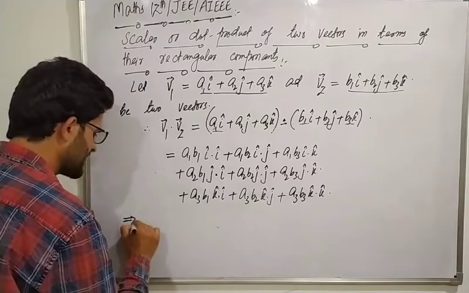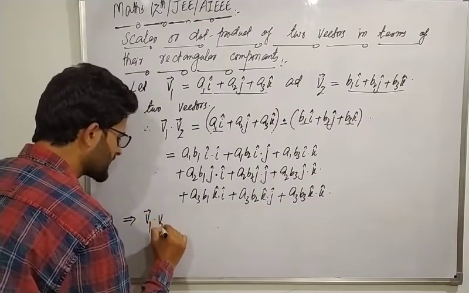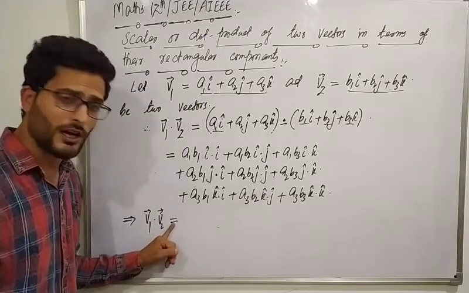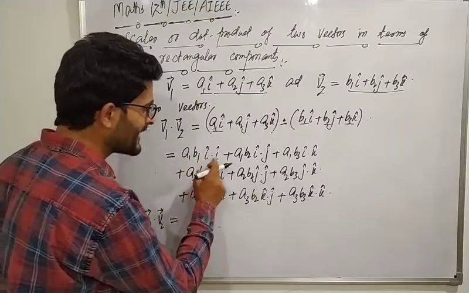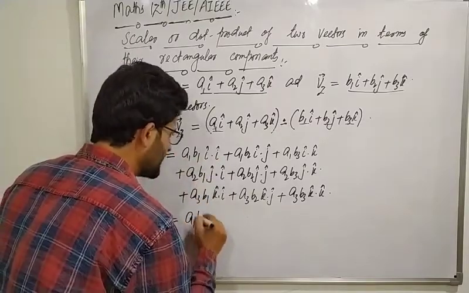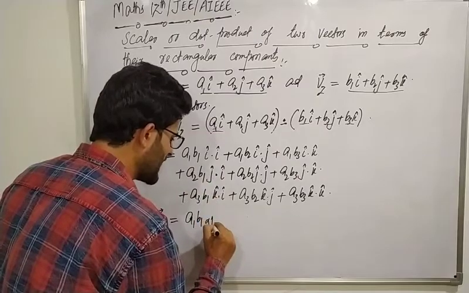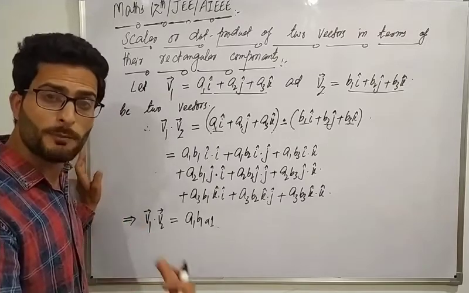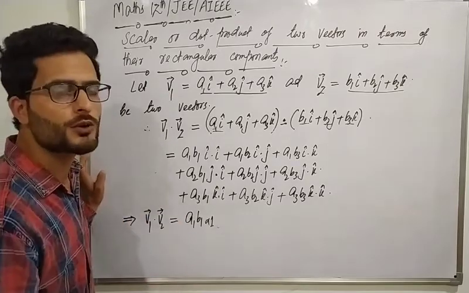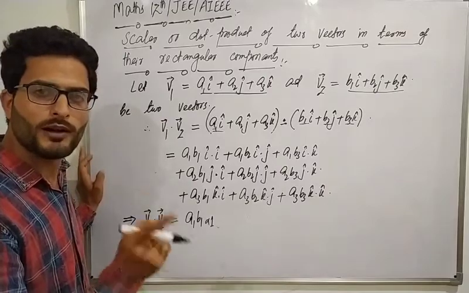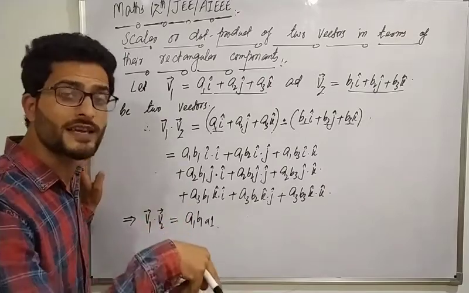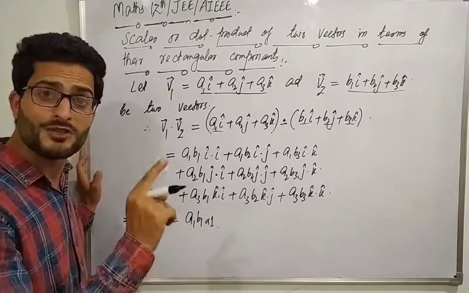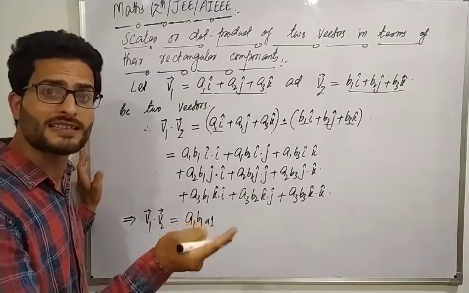which further implies that v1 dot v2, dot product of vectors, but when they are expressed in terms of their rectangular components is equal to, a1 b1 i dot i, का वैल्यू अभी हमने पढ़ा है 1, क्योंकि dot product of a unit vector with itself is always equal to 1, and the dot product of i cap with j cap is always equal to 0। सो अगर हम डॉट प्रोडक्ट एक यूनिट वेक्टर को खुद के साथ करेंगे तो हमेशा 1 आएगा, लेकिन अगर हम डॉट प्रोडक्ट i cap, j cap और k cap में से i cap को j के साथ करेंगे, i cap को